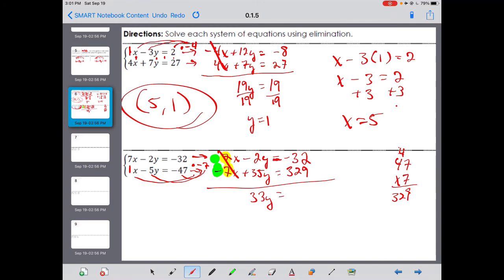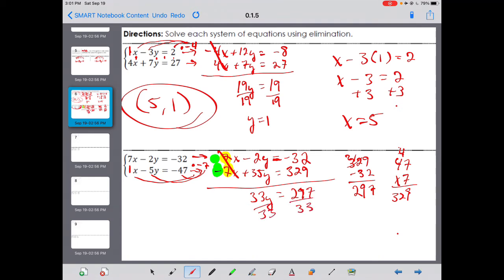And negative 32 and 329, 329 minus 32, 7. Cross that. Let's see, that would be a 12. That makes that a 2. 12 minus 3 is 9. 297